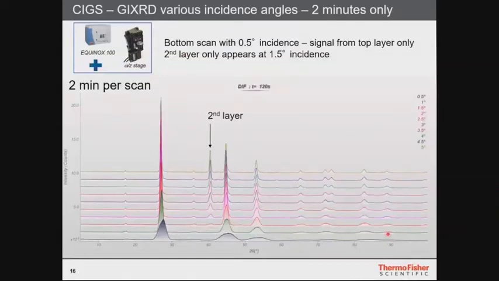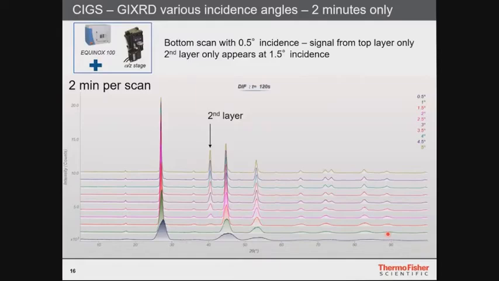We want to measure thin films with very small layer thicknesses, so we have to somehow increase our measurement volume to get reasonable measurement times. To do so, we use something called grazing incidence, where we use a very small grazing angle, like 0.5 or 1 degree, and let the beam graze over the sample to increase the measured volume. In this case, we did this with